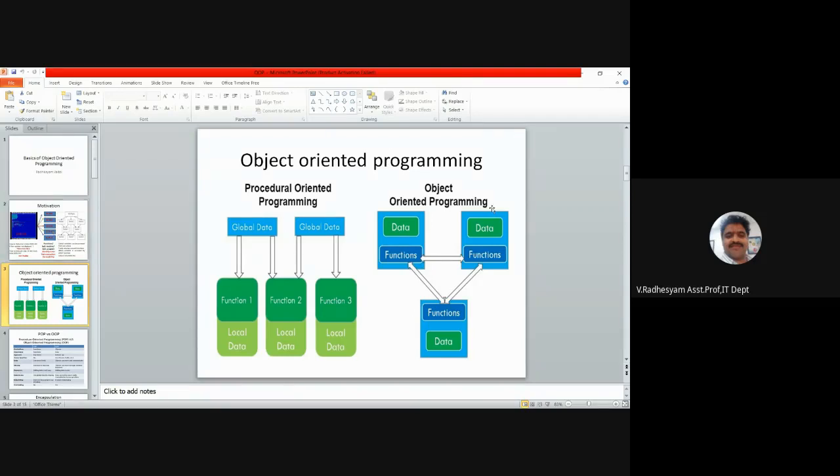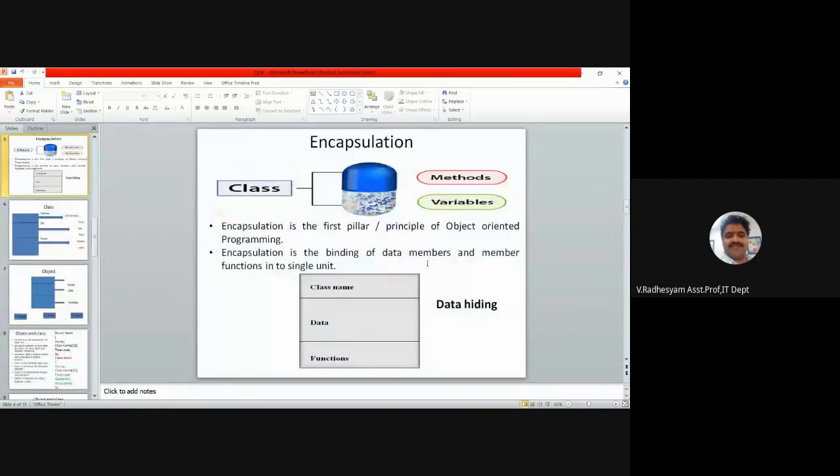Now you see this box, we will call it a class. A class can be a combination of methods and variables. A class is a three-compartment box. In the first compartment, we write the class name.